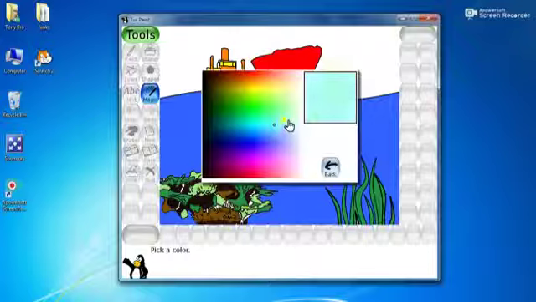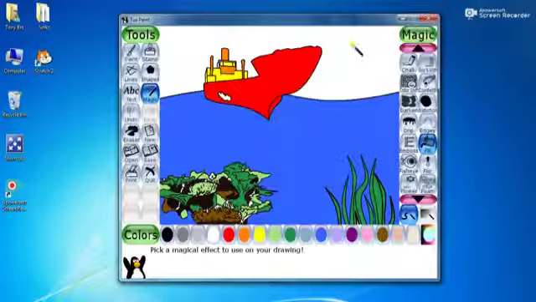Okay, students, so I will select this color for sky.